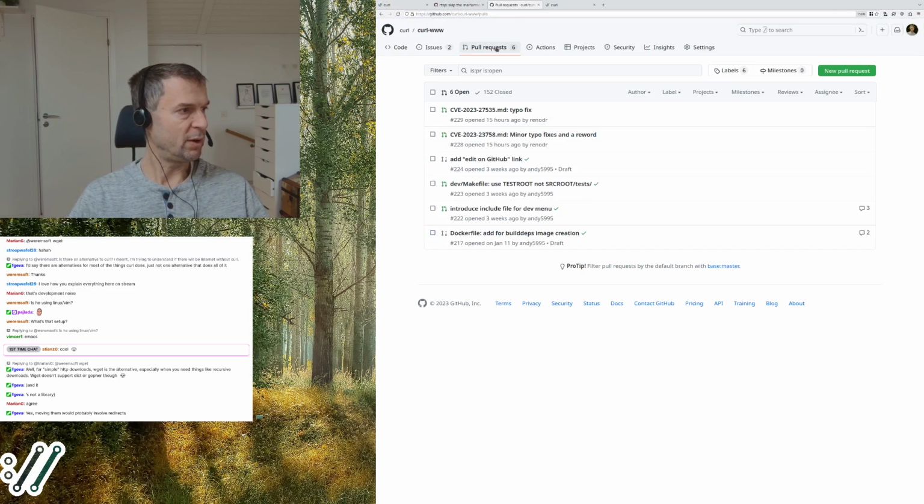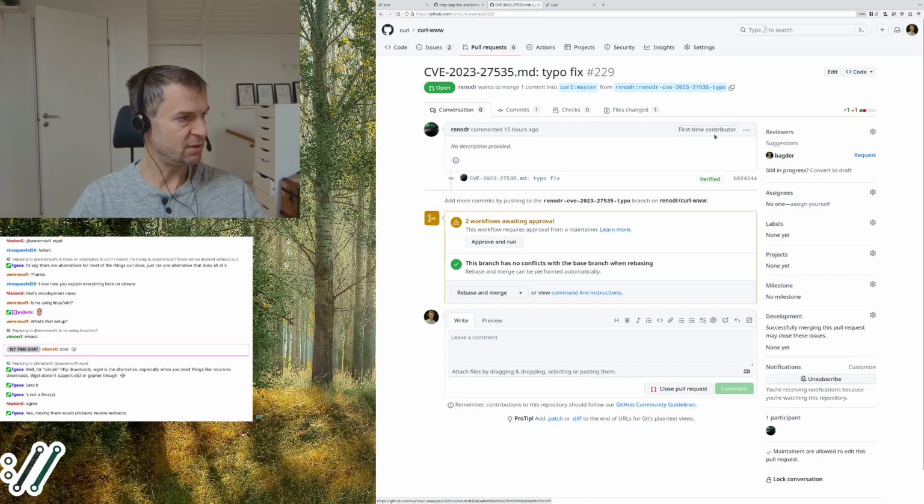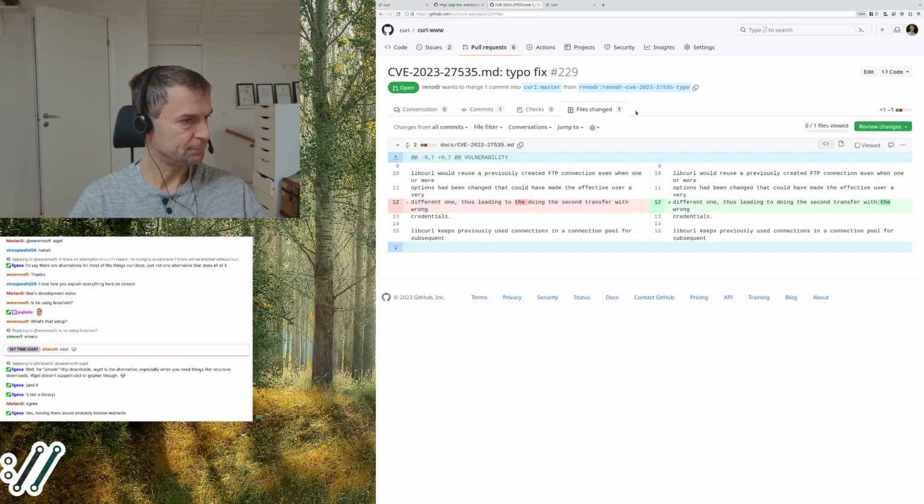So we got pull requests for the website then, so people are graciously helping out with fixing things. So here's Renaud Douglas found a typo in this CVE advisory. So let's take a look. I could have made the effective user a very different one, thus leading to doing the second transfer with the wrong credentials.